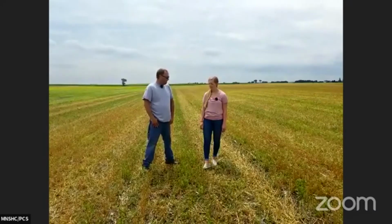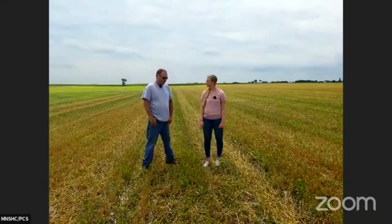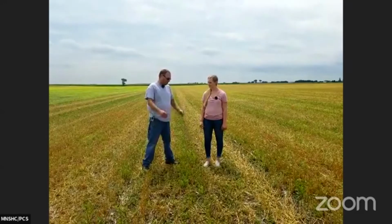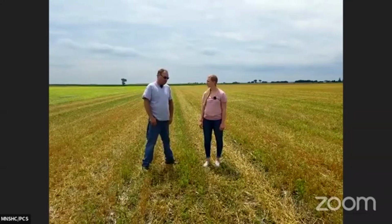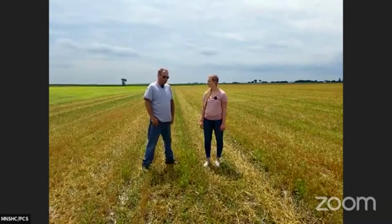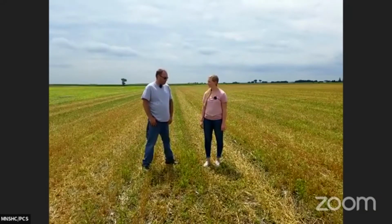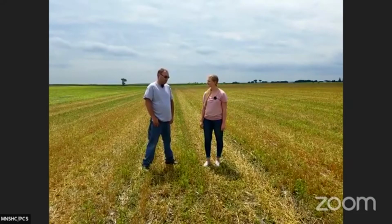Okay. Yeah, and then tell us kind of what you did this spring right away. This spring, when it dried up, I no-tilled into the cover or the stubble with a conventional press drill. I put in about 3 bushels of oats, about 6 pounds of medium red clover, and I ended up treating it a little bit later with a broadleaf herbicide. Otherwise, it grew well, and the oats is harvested now. The test weight was a little lighter than I'd like, but all in all, I was pretty happy with how